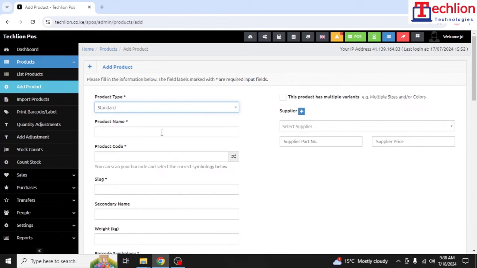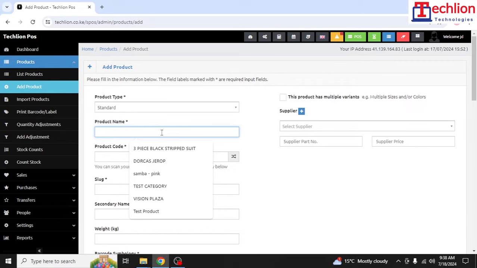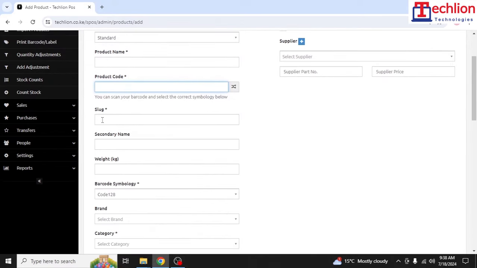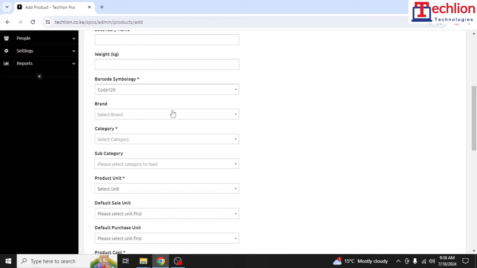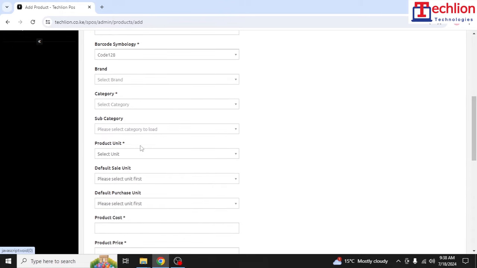You'll be needed to input the product name. What's the name of that product that you're dealing with? You'll give your product a code, then it will give it a slug name automatically. And then you fill the list of the details. The barcode symbology is mandatory. You can select the brand if you have that product in different brands, or it's from a specific brand. Then you can pick the product category, subcategory in case it has a subcategory,